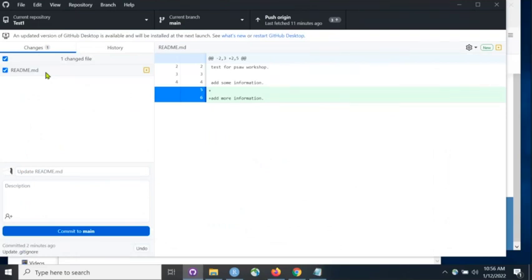It doesn't matter how you do something to that file. You can open it with any application. What's happening is Git is just watching everything in that repository to see that something has changed, and it's going to record that change here. So it's recording that I added more information. So I can now say a note about what just happened. I added